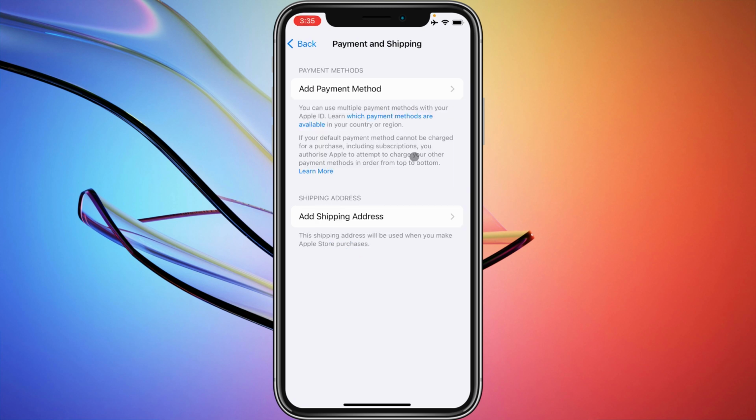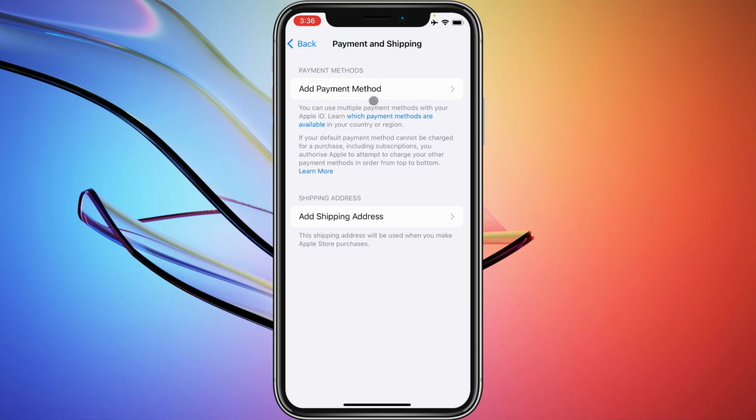So guys, if you have added any payment method here, then you will see here all the payment methods that you have added. And after this you need to add your payment method. Means if you have any error here, then you need to correct your error, and after doing this you need to save. So guys, if it still doesn't fix your problem, then you need to remove your old